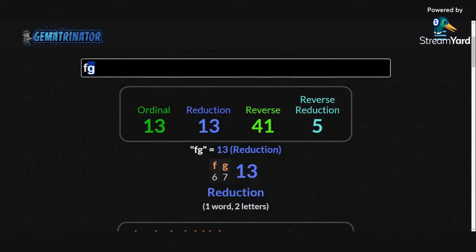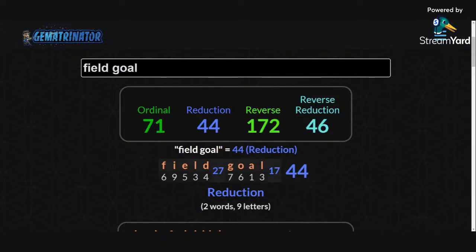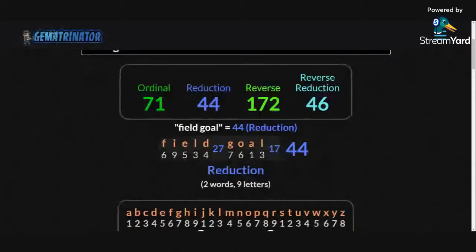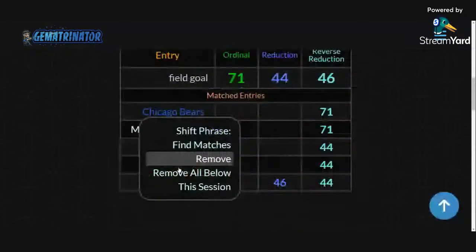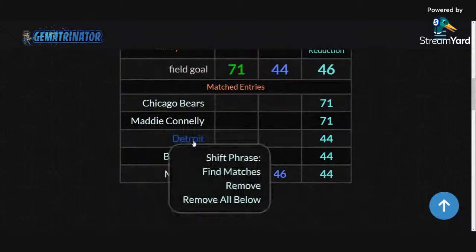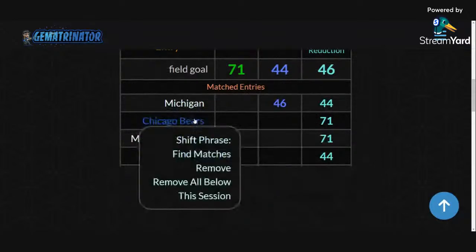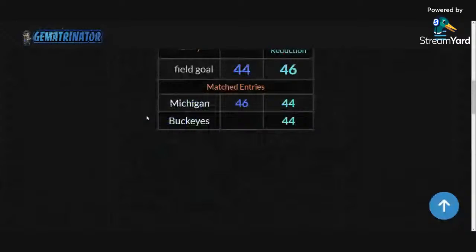So that would have been a dumb one if I forgot to enter that. It happens, though. Field goals. Let's see a field goal. Let me click match. Look, check it out. Ding, ding, ding. Field goal equals 44 and 46 like Michigan.